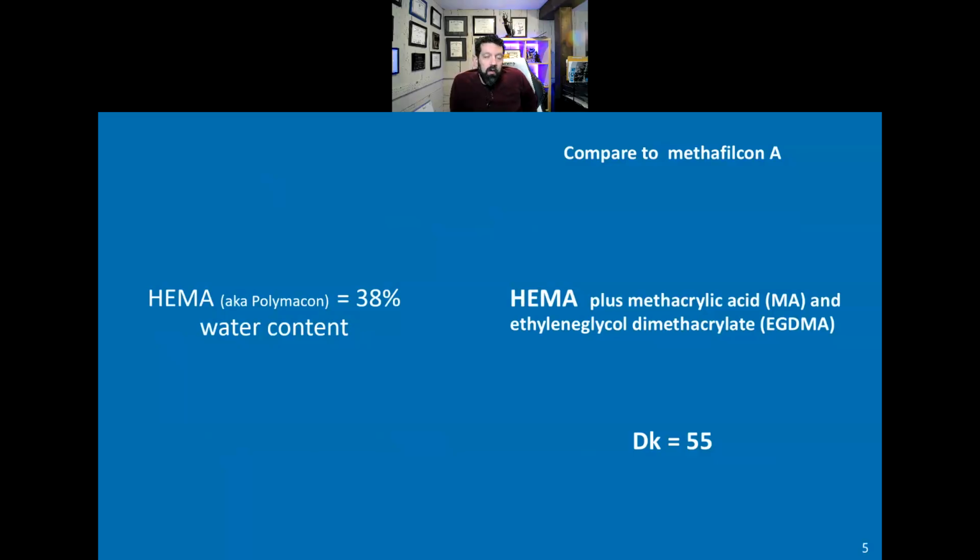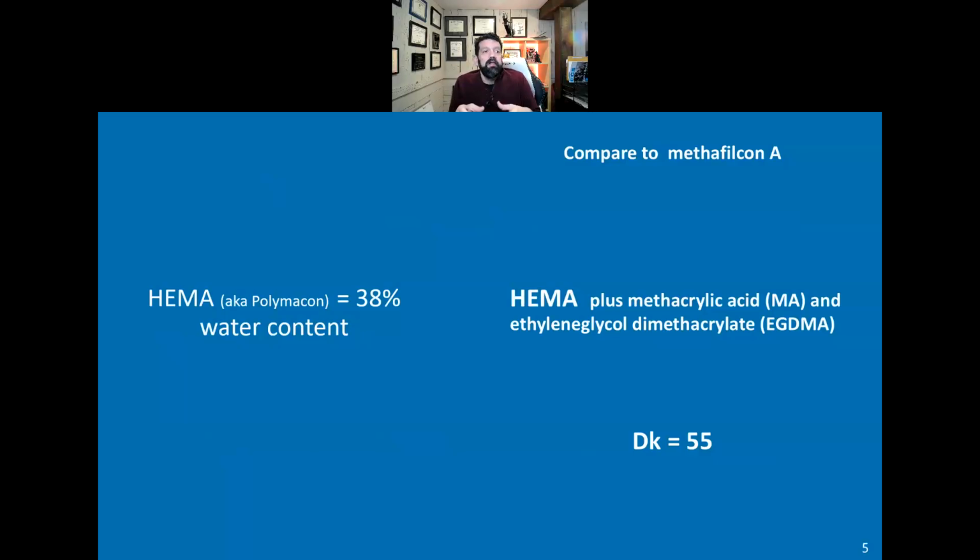If oxygen doesn't get to the cornea, obviously we have hypoxia and a breakdown of the physiological processes of the cornea, and we get sickness, disaster, train wrecks, dumpster fires. You get it. So now, a higher Dk means that more oxygen is going through,